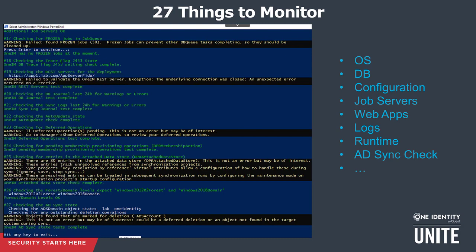Logs in the Identity Manager platform come from within the database itself. I mentioned the DB journal. Synchronization tasks will write to the database. A lot of good information there. But of course, there are logs on the disk as well. Those logs can be centralized, extracted at the database level, or potentially collected using an NLog receiver as well, if you've gone to the trouble of writing one of those, or if you've picked one up.